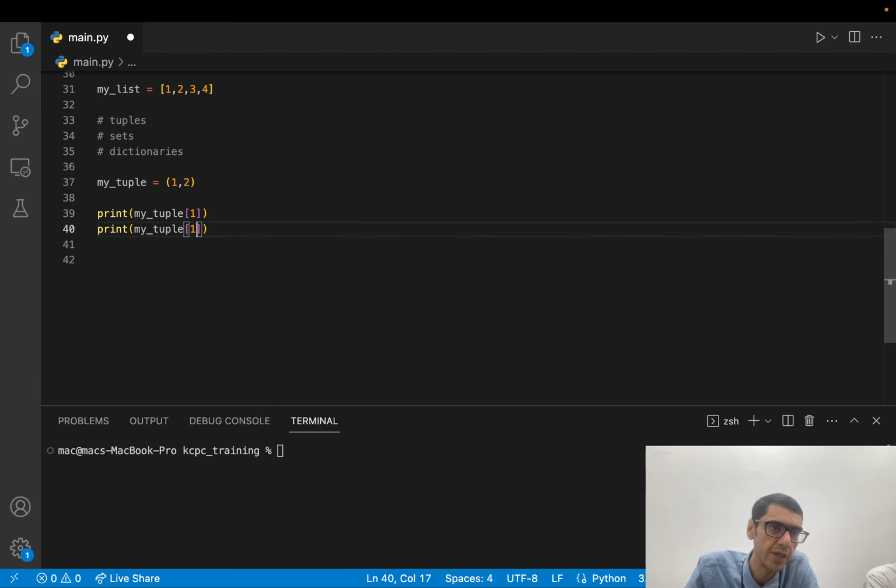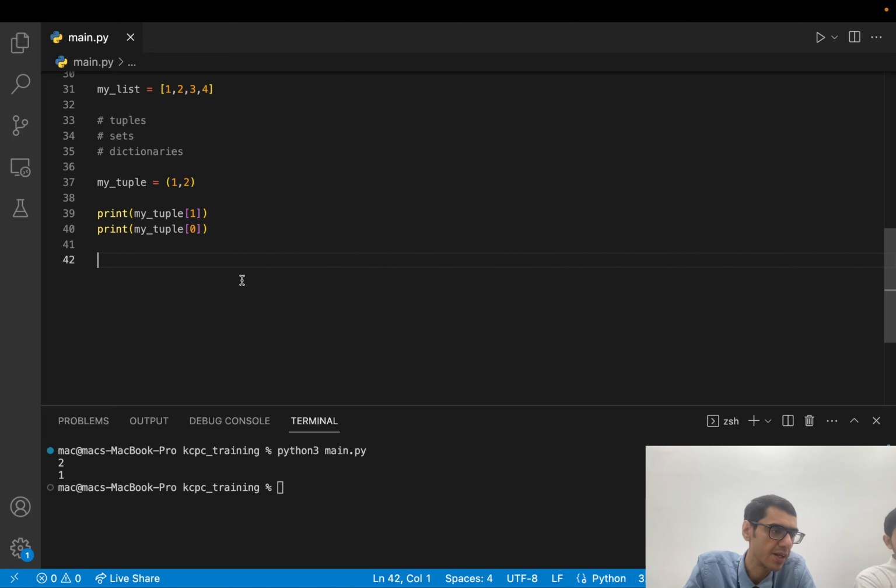So why would we use this data type? Let me give you a very common use case of it. If you take, for example, input from the user, and that input is a coordinate x and y. So tuple is perfect for coordinates, right? Because always we have